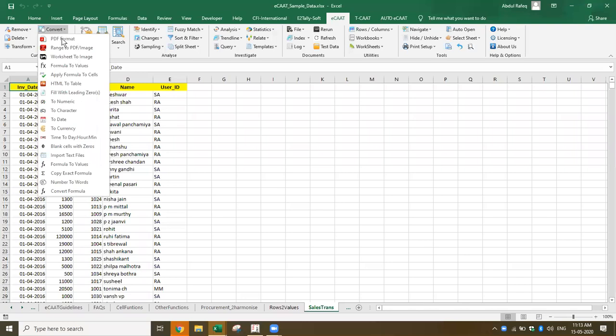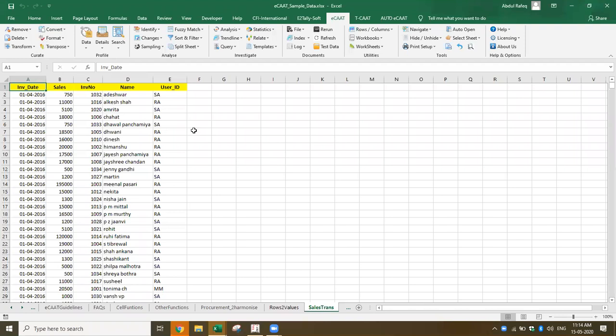Now, similarly, I can format a particular column and convert it to lowercase, uppercase, title case, like that. And I can also transpose the data. These are all pertaining to the curate function. So in any data analytics work, first what we do is we curate the data. Once you have curated the data, which means you have converted the data into a structured format, second, we profile the data.